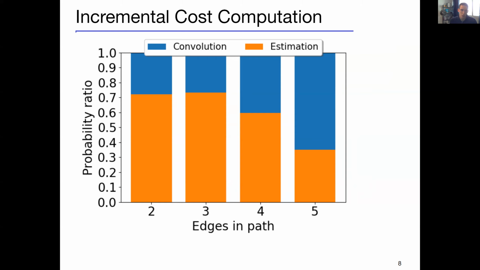And as you can see, estimation becomes progressively worse as you add more edges in the path. And of course, this is mainly because the models were trained on 2 edges, and there's a big inequality in the cost between the 2 edges as you start adding more edges. But yeah, anyway,